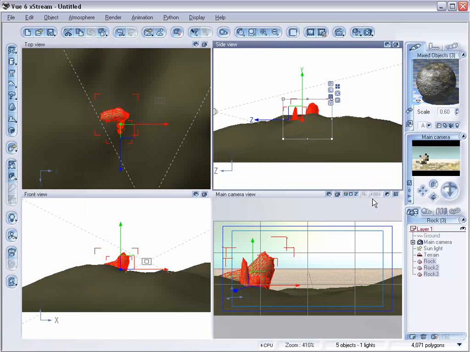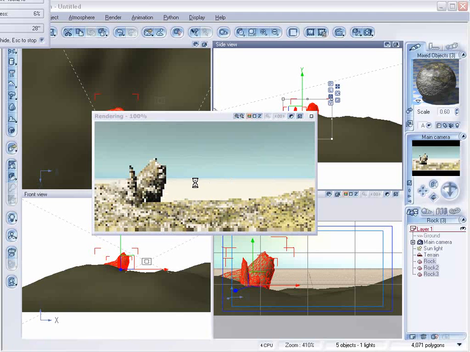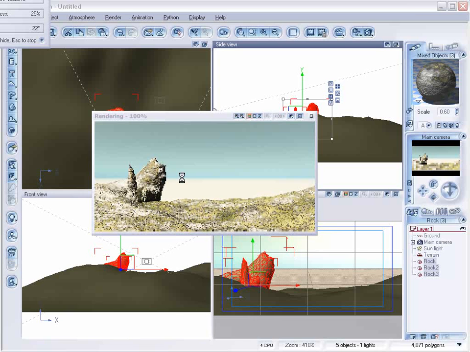I want to give it a little bit more detail. Let's preview. And you see we have very interesting rocks over here and some pretty interesting shapes. So